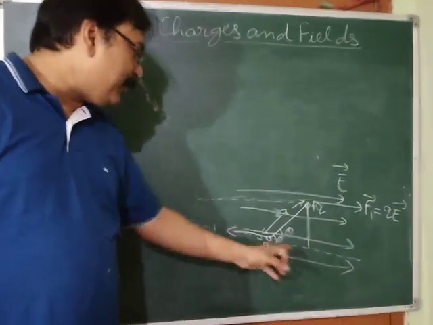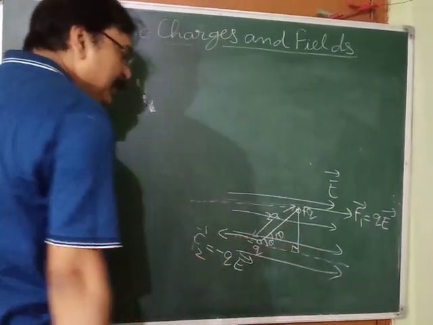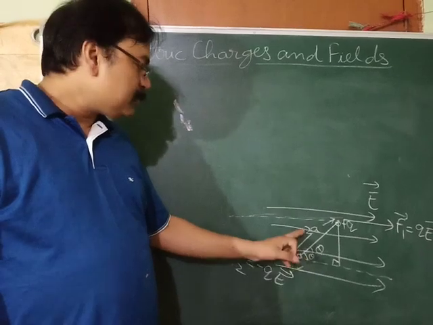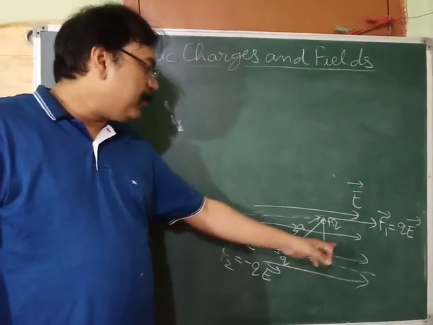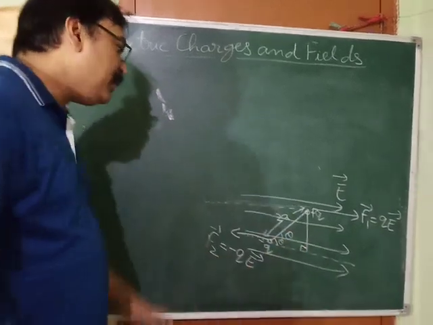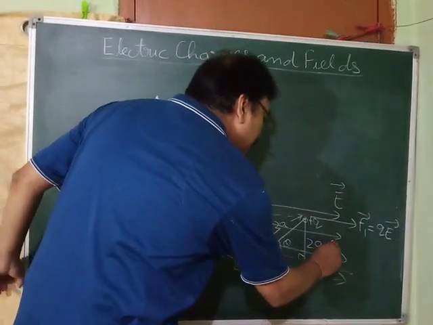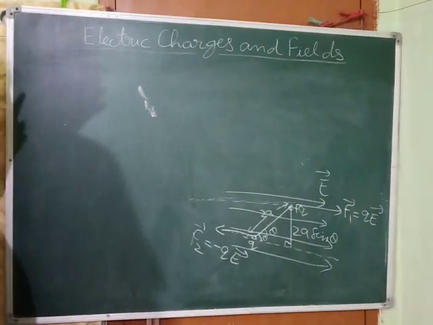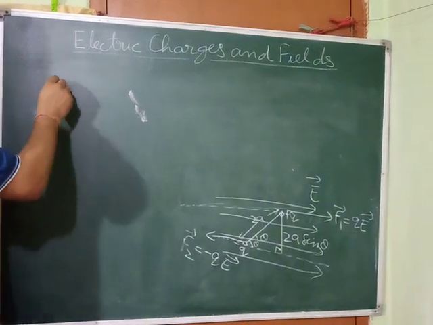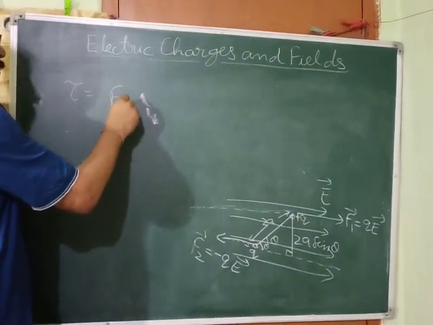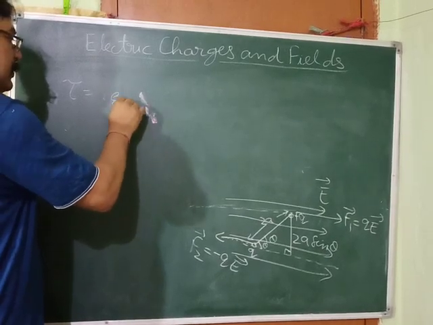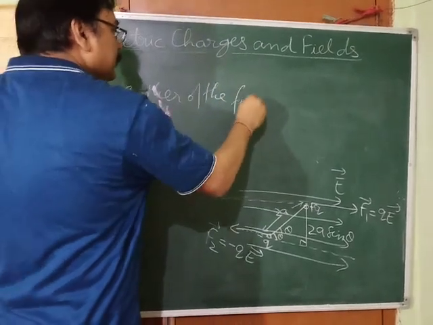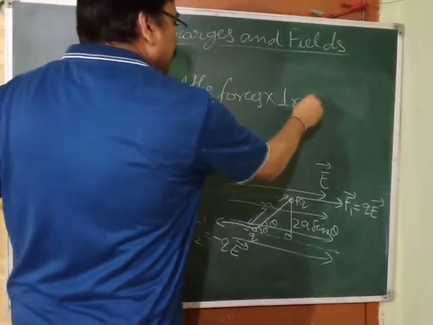See this right angle triangle. It is right angled over here. In this triangle, the hypotenuse is 2a. This angle is theta. So obviously this side is going to be 2a cos theta. What about this one? By trigonometry, you know very well, it will be 2a sin theta. Once you get that 2a sin theta, the distance between the two forces, you can find out the torque. Torque is equal to either of the forces into the perpendicular distance.